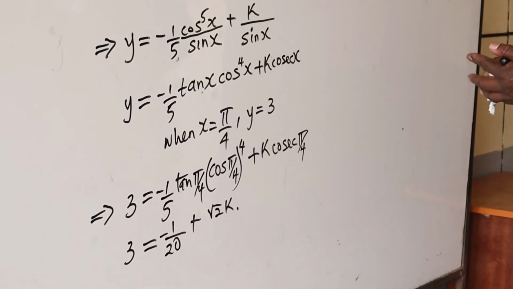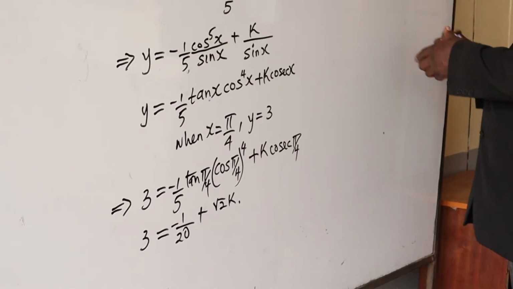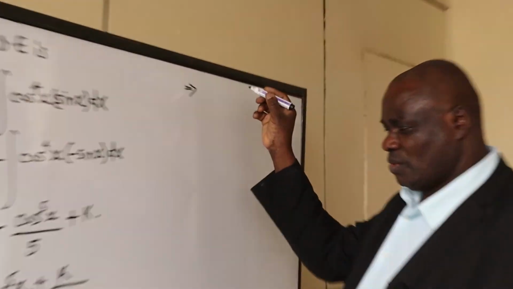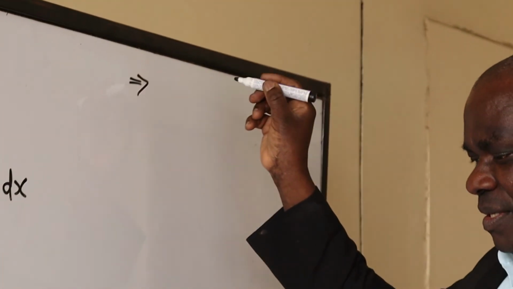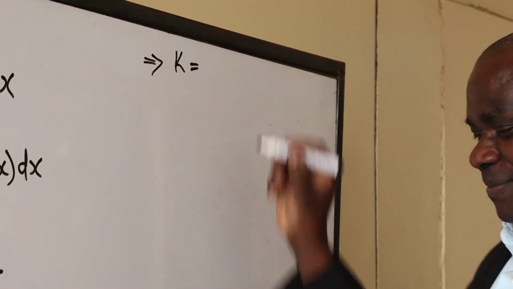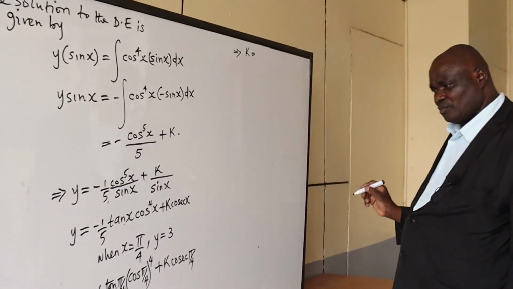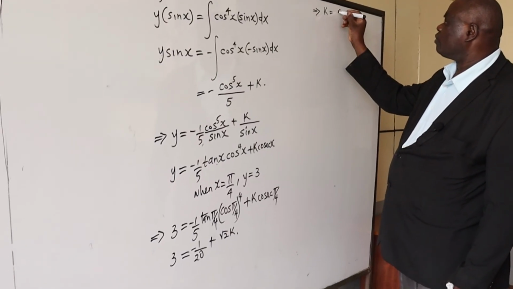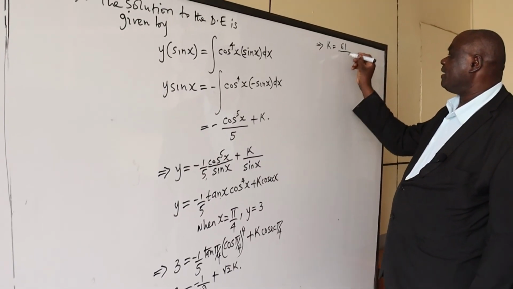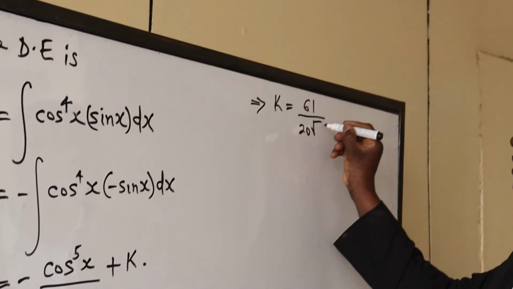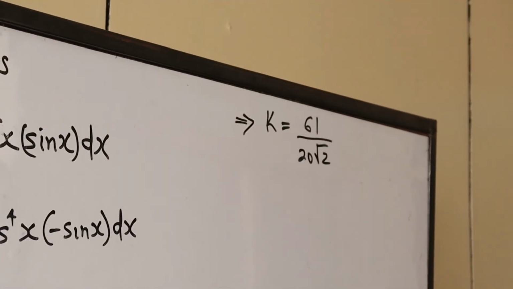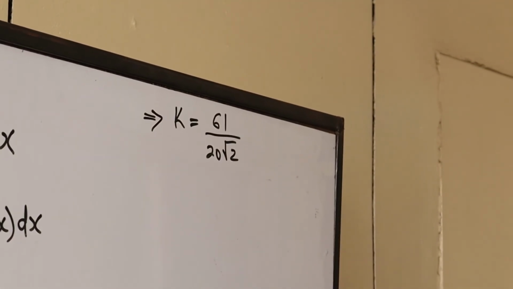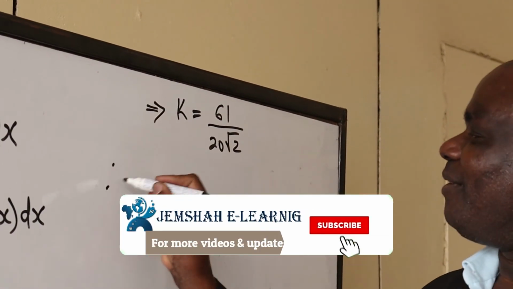So this implies k will be equal to 61 all over 20 root 2. Therefore,